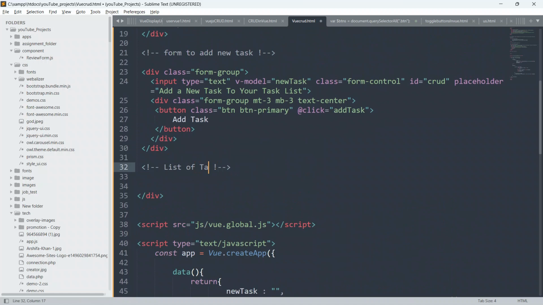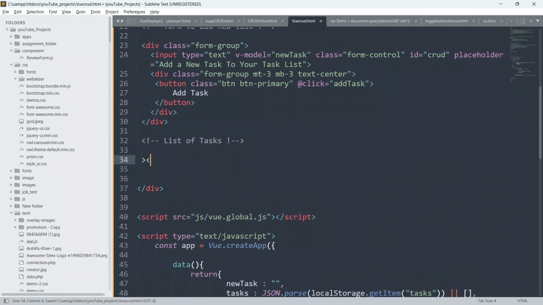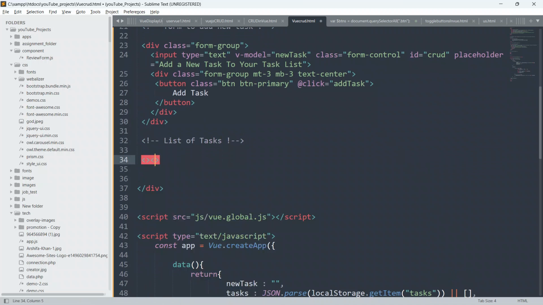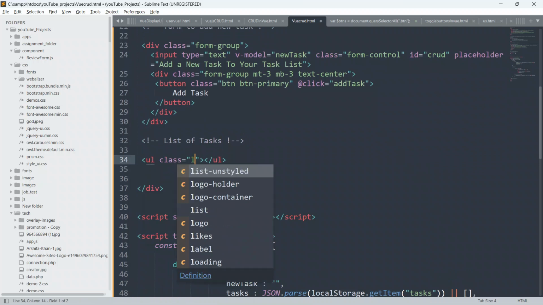Okay, list of tasks. Okay, so now we will create a UL first, and close this UL first, and inside this UL guys, I will give class also as list group.